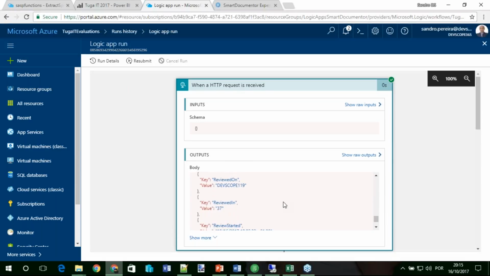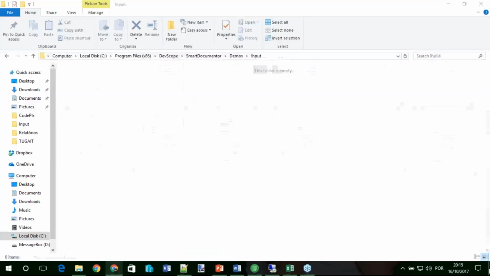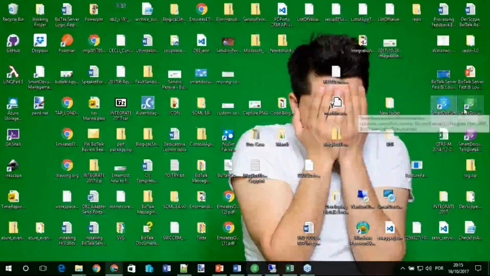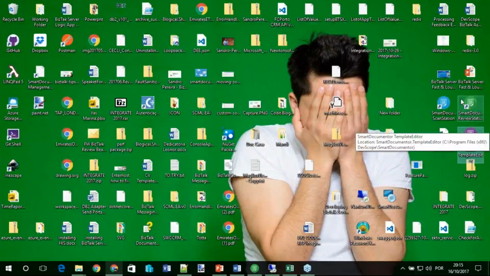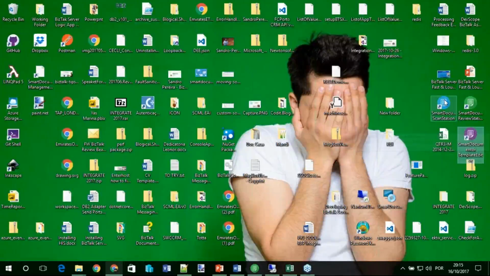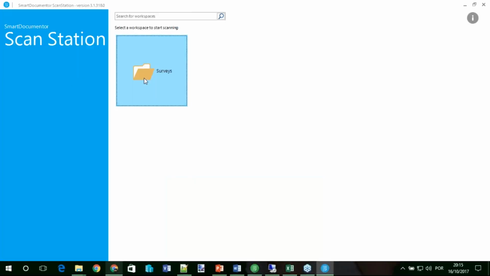We also have a Power BI connector in SmartDocumentor. I'm really not a seller of the product, so I don't know internally how the product works.